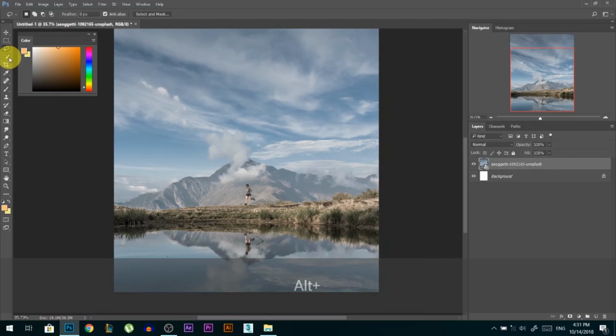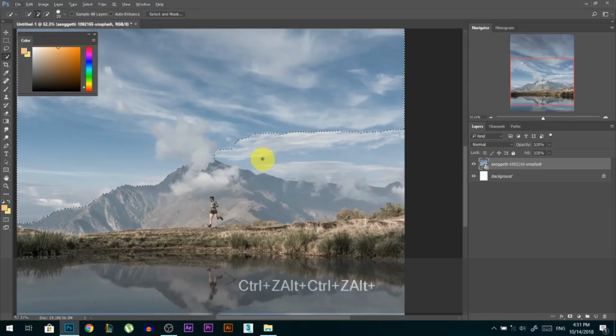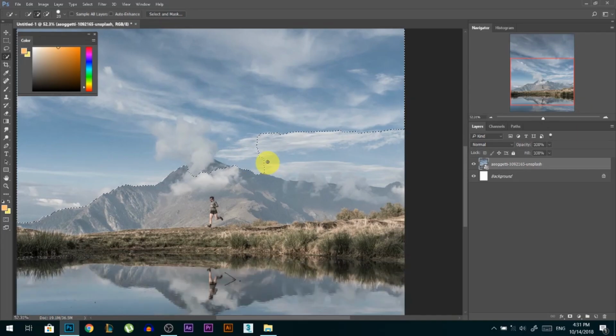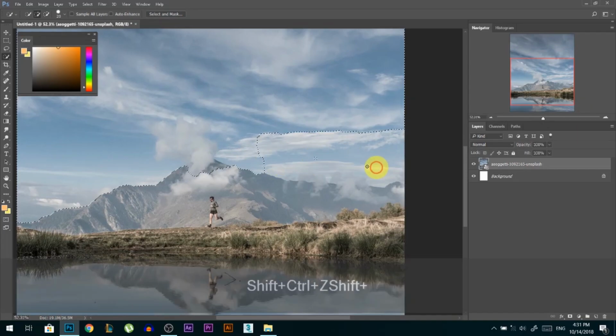Okay, now I'm gonna take my quick selection tool, not the magic tool, the quick selection tool, and I'm just gonna hold Alt and make it bigger or smaller, and I'm just gonna try to select the sky with it, something like that. Make it smaller. I'm just trying to make a selection of the sky, but it's jumping on the mountain because they are very close